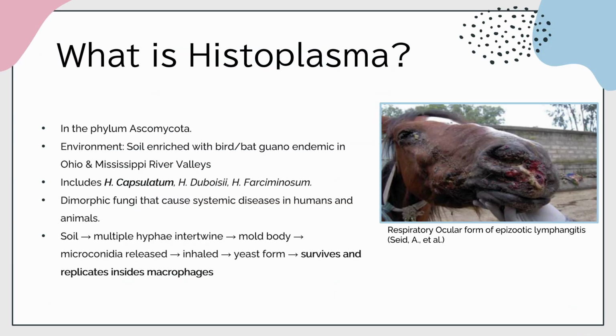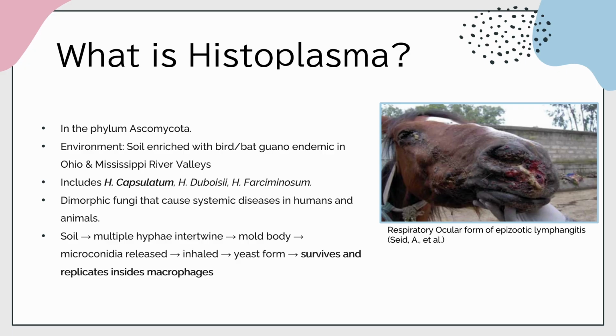So what is histoplasma? Histoplasma belongs to the phylum Ascomycota, and it is found in soil enriched with bird and bat guano. It is frequently present in the Ohio and Mississippi River valleys, as well as Arkansas. The species that encapsulates this is Histoplasma capsulatum, which causes histoplasmosis, which is what we will be talking about later,